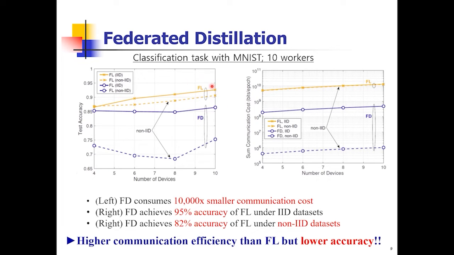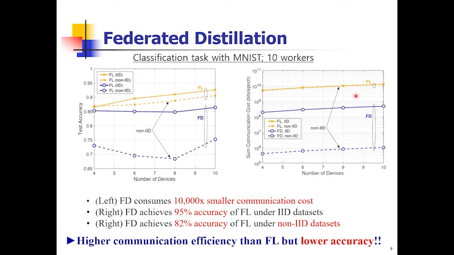There's a gap between this accuracy. So let's say that federated distillation has a slightly lower test accuracy, right? But what's more interesting is actually in terms of communication costs. Federated learning has two orders of magnitude higher communication costs compared to federated distillation. So this is to say that federated distillation actually achieves slightly lower test accuracy compared to federated learning, but communicates much more efficiently